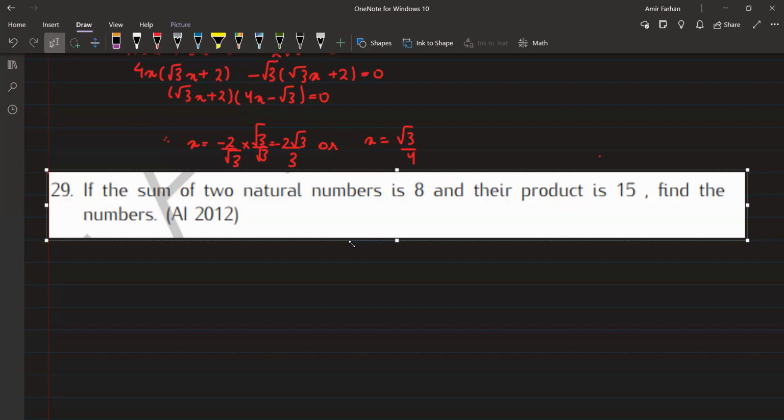Solve this one. Okay, let's solve it together. So next वाला question आप लोग solve करना, मैं आपको solve करके दिखाता हूँ. देखो,